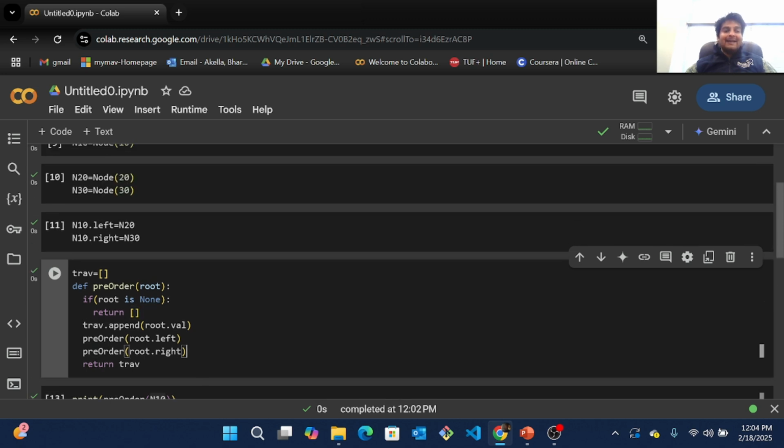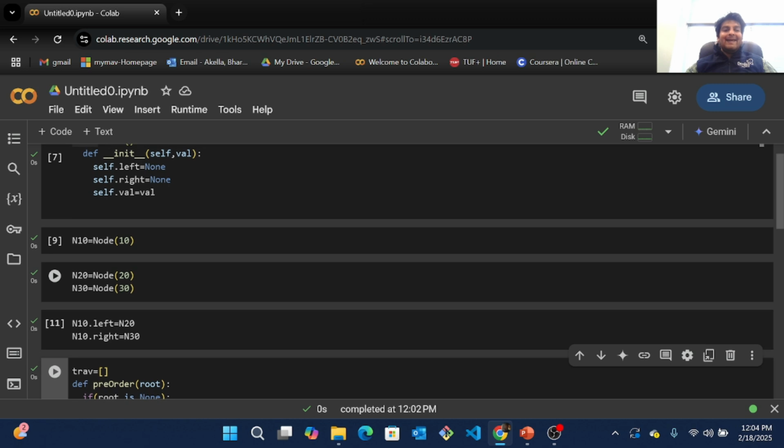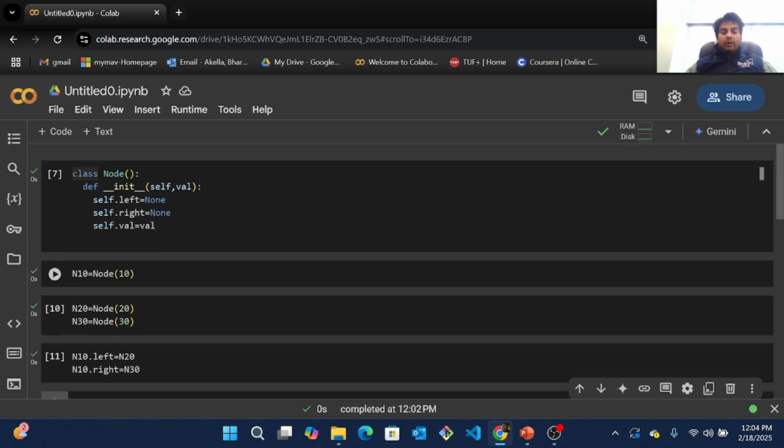So this is how we can create a binary tree in Python, and this is how we can do pre-order